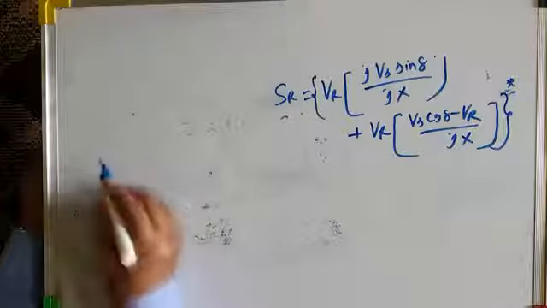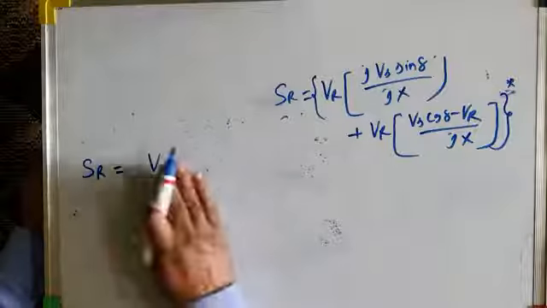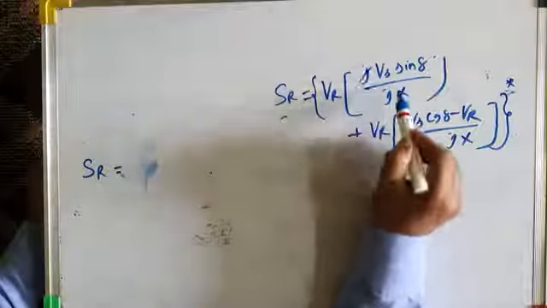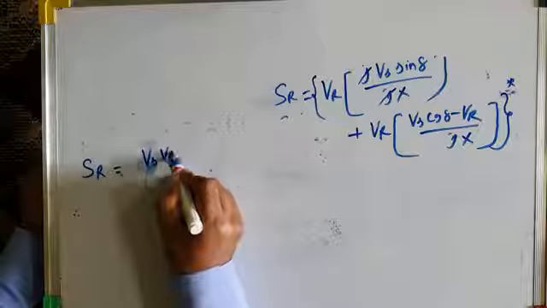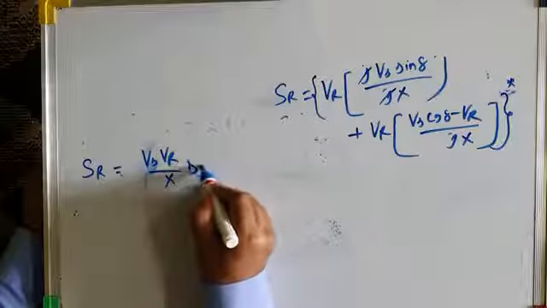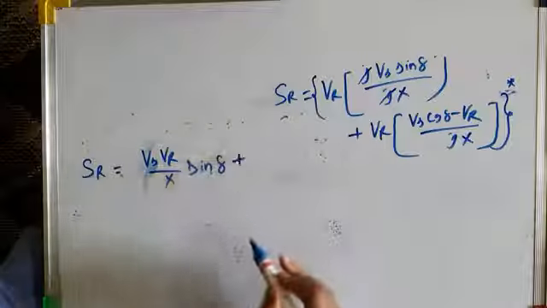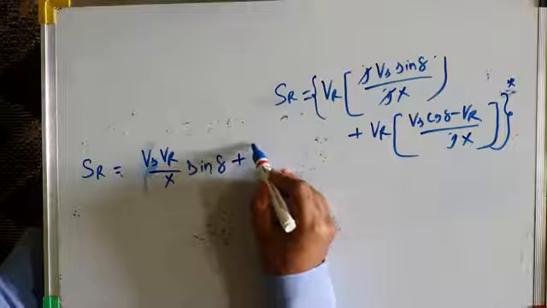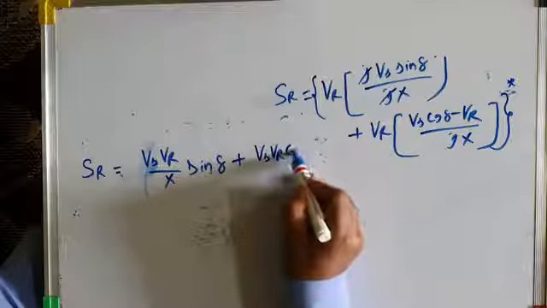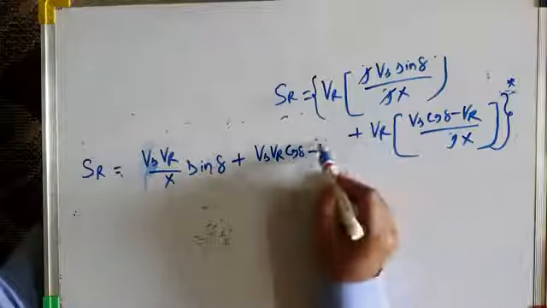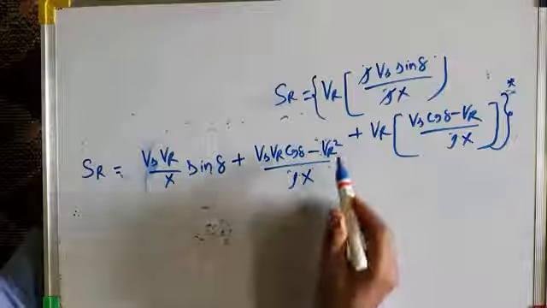So SR from this equation is equal to, now from here you can see J and J cancel, so it is Vs VR by X sine delta, plus Vs into VR is Vs VR cos delta minus VR into VR is VR square by Jx